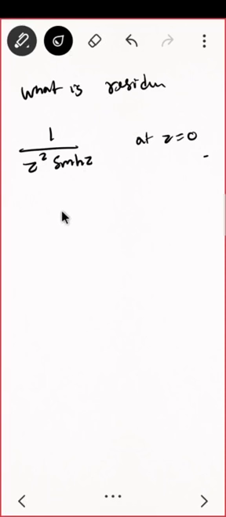See, in this question, both are 0 at z equal to 0. Z square is 0 and sine hyperbolic of z there, that is also 0. So you cannot write this function in this form, 1 upon z square and 1 upon sine hyperbolic of z. You cannot write it because this guy is also not analytic at z equal to 0. So both the things are not analytic. So whenever you see something like this, remember one thing.